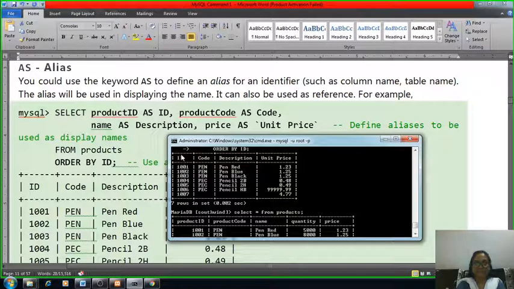Because of the alias, it will be converted into ID. Product code is converted into code, name into description, and quantity as unit price. We are not using any price parameter, so it is skipped over here. That way we can use the alias for making temporary changes in the table.